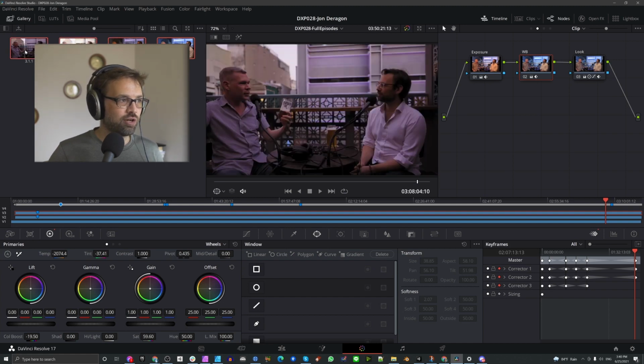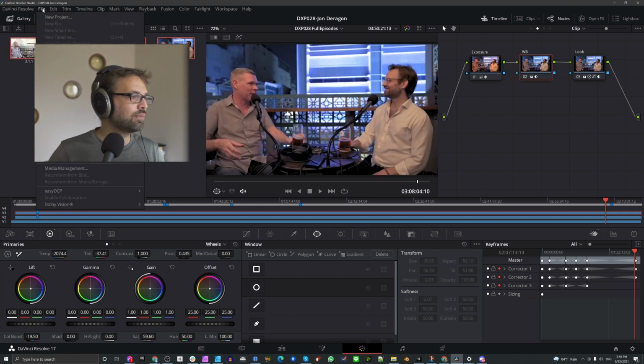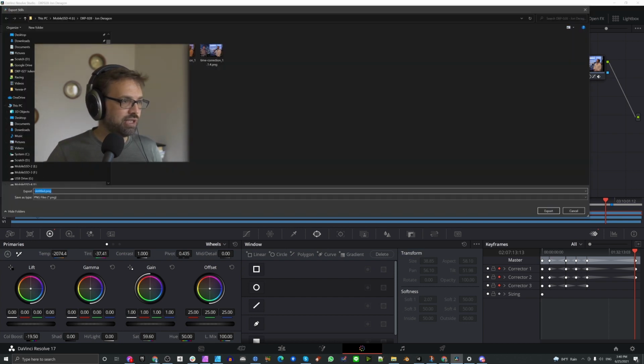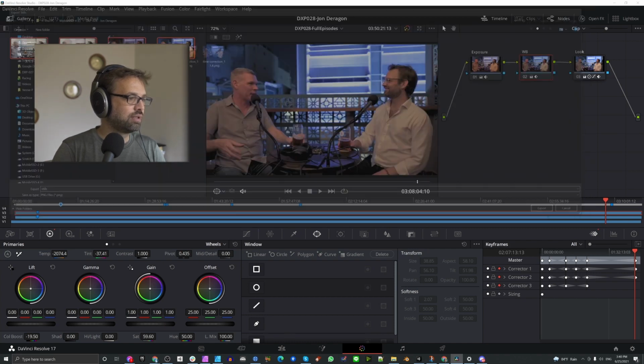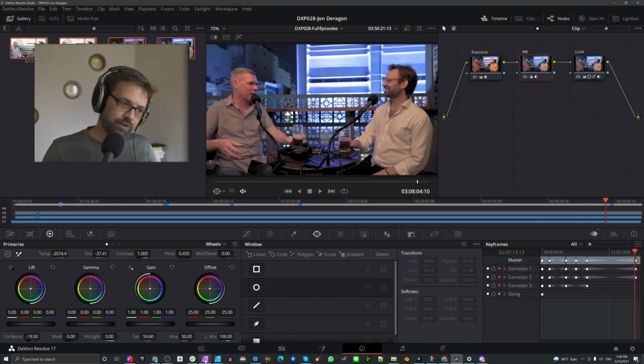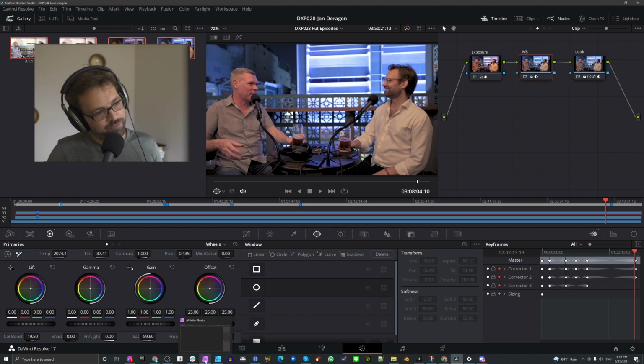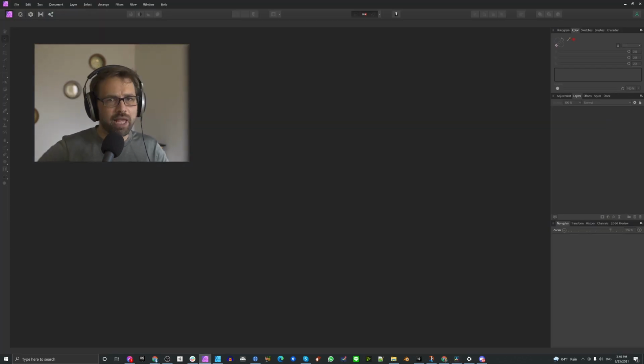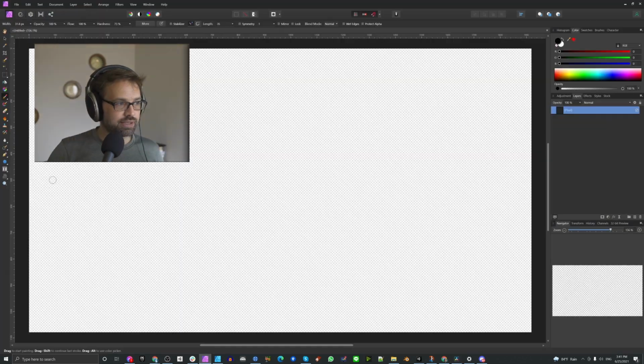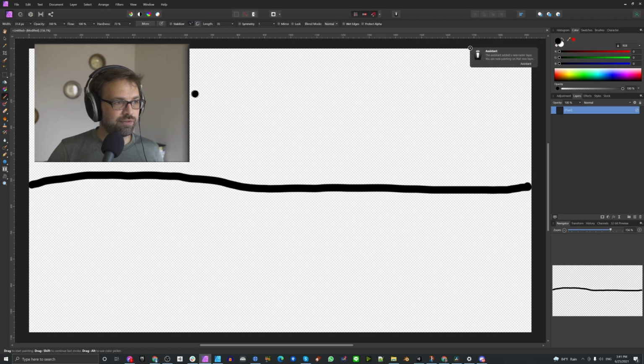Now I want to highlight all of these stills and I'm going to export them, and I want to export them as a PNG. I'm going to call them stills, and I'm going to open up my photo editor. You might be using Photoshop. I use Affinity Photo. And the idea I want to go for here is I want to have the before